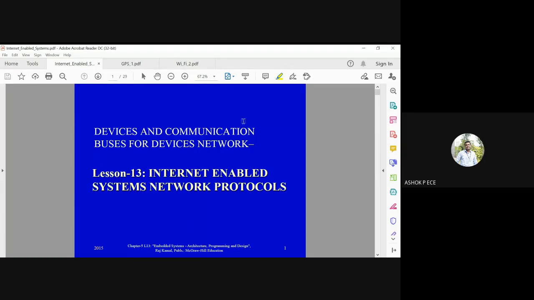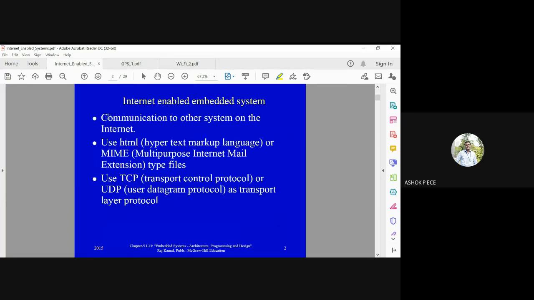The first one is internet enabled, how all the information gets transmitted through the internet from the devices. So the method of communication, what all protocols. Protocol means it is going to be a set of rules which are defined for communication. Communication to other systems will be on the internet when we use smart devices, because they will be periodically sensing some parameter and transmitting the same over the internet.